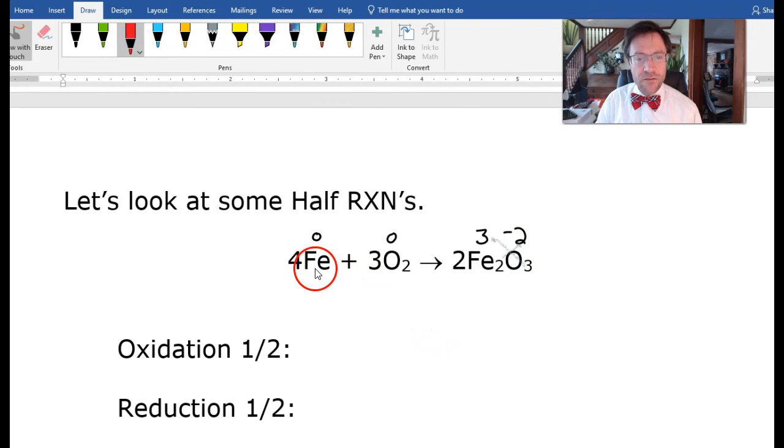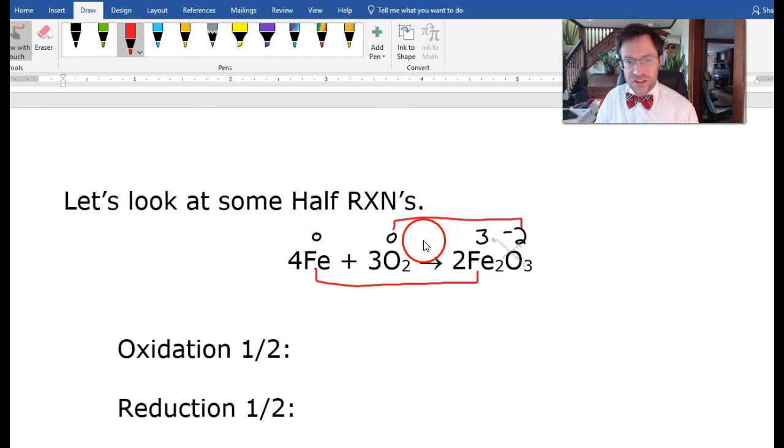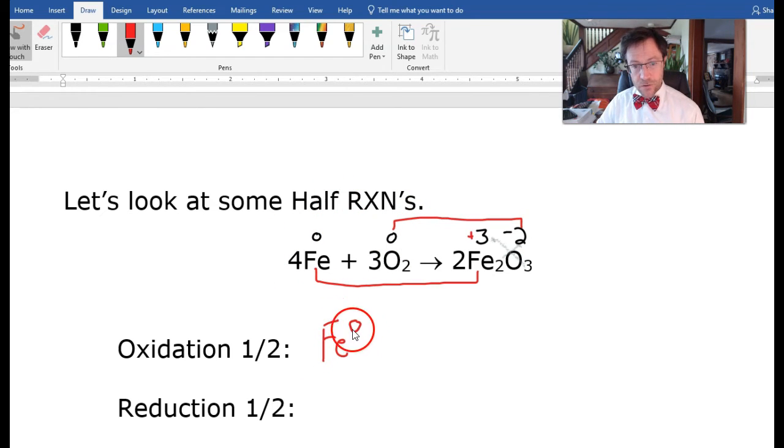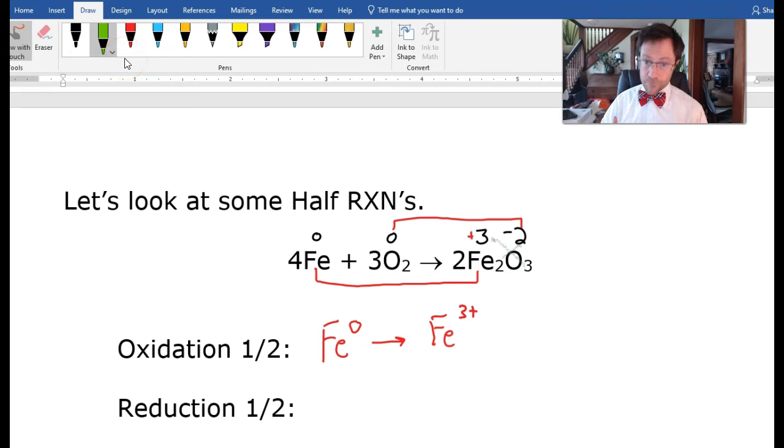All right, so here we go. We have iron goes from 0 to +3. And oxygen goes from 0 to -2. So it looks like oxygen is getting reduced because the charge is going down. So the oxidation will be iron 0 turns into iron 3+. Now, how many electrons do I need to add to make this equal on both sides? 3. Right? And I'm going to put them over here